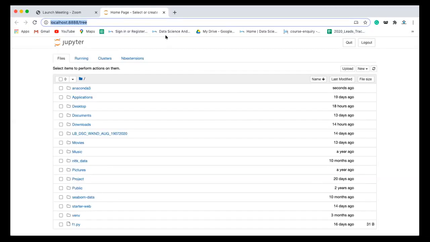So let's start with Git. So everyone has created the GitHub account. Hello? Yes, Abhishek. Anyone who has not created the GitHub account?